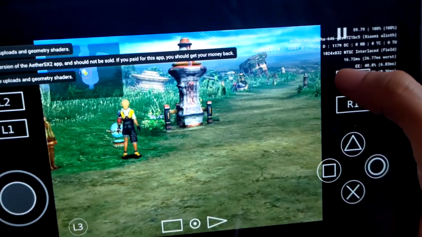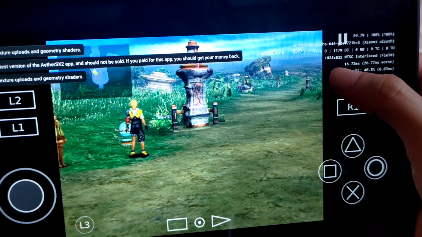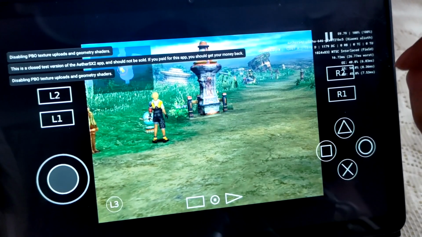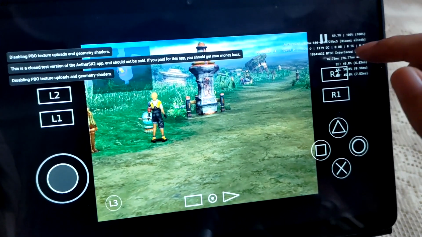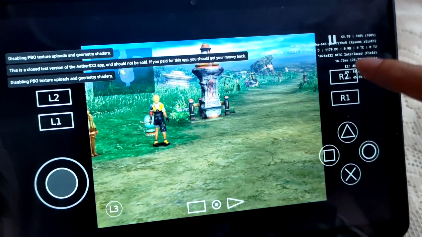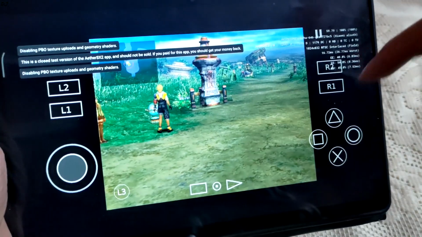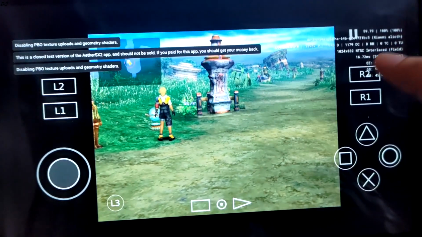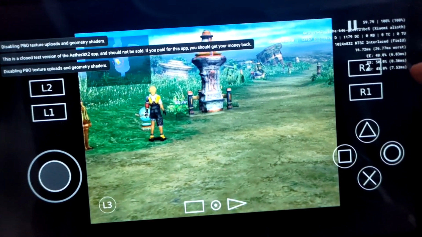OpenGL. Here resolution is mentioned, as you can see 1024 by 832. Now the thing is 1x resolution was set, but this resolution is considerably higher than 1x. Actually this is 2x resolution. Under this video Talred posted this, that it was a mistake on his part. So it seems this is the numeric value for 2x resolution.